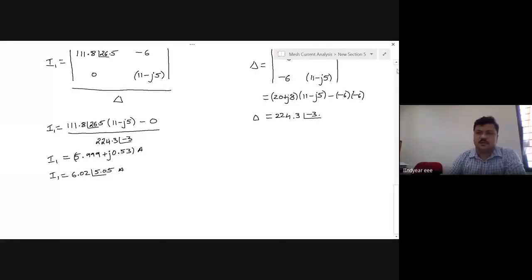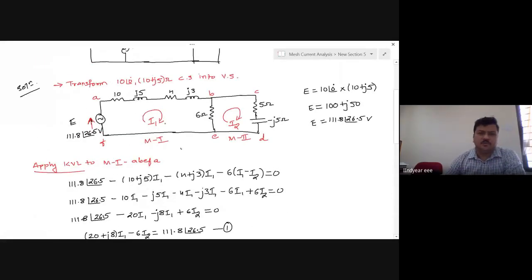Now it is asked to find the current in 4 plus J3 ohms. Current in 4 plus J3 is I1. I have found out I1, it is enough. If you want to practice, you can calculate I2 also at a later point of time. It is very important to first look into what has been asked in the circuit. Don't simply go into calculations of everything, especially in AC circuits, because AC circuit calculations are time consuming, because everything has to be done manually. There is no direct automatic substitution in the calculator. So one suggestion from my side, to manage the time in the exam, keep the AC circuit calculations at the end.